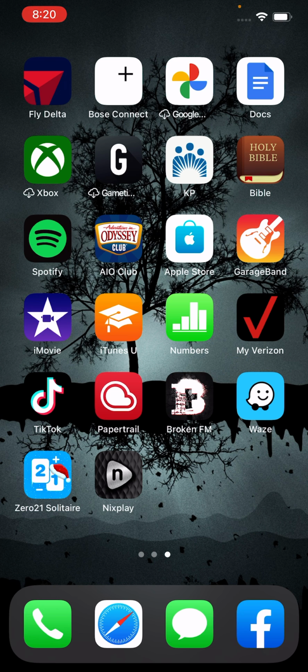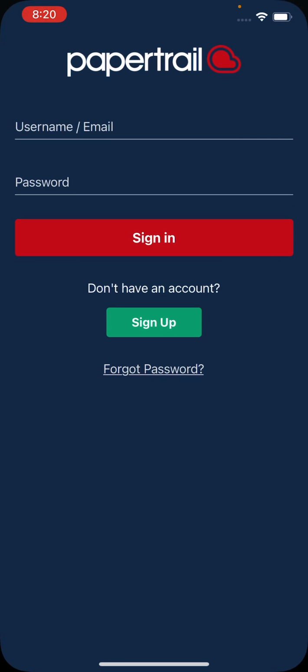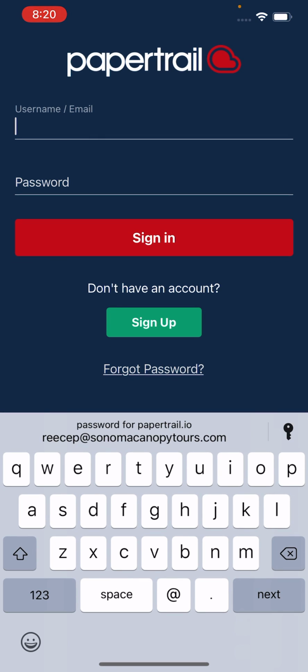So first thing you're gonna do is you're gonna open the Papertrail app. I'm using my own phone so that I can record this, but you'll find it on the screen on the PhotoFlow phone. So open the Papertrail app. The username and password is different than any of our other systems currently. That might change, but for now, the email is